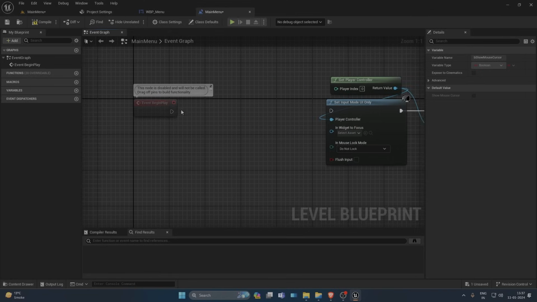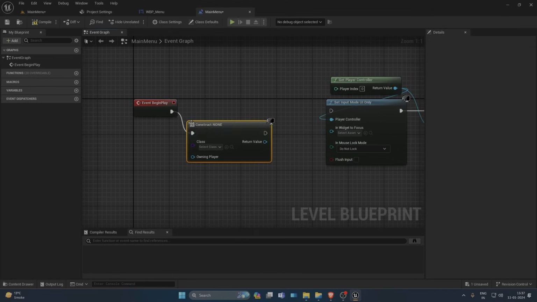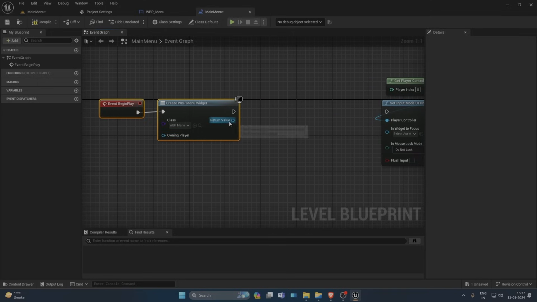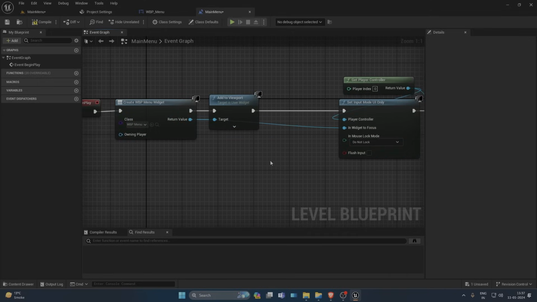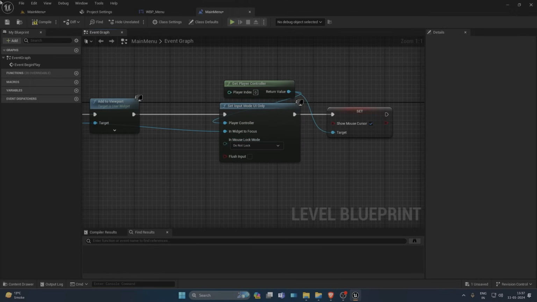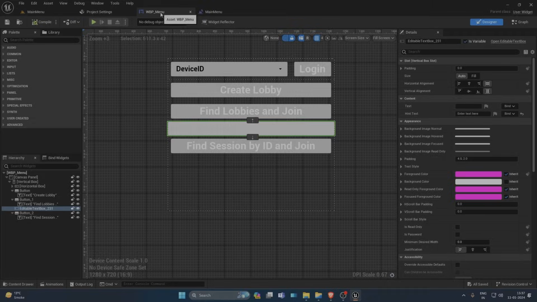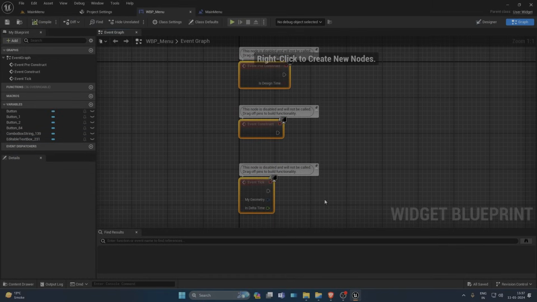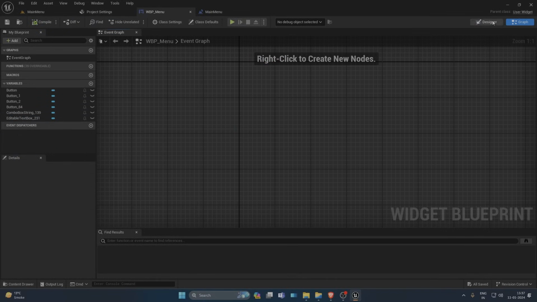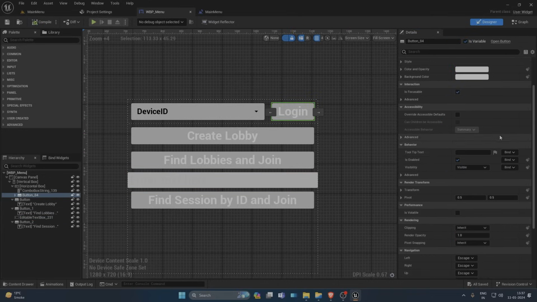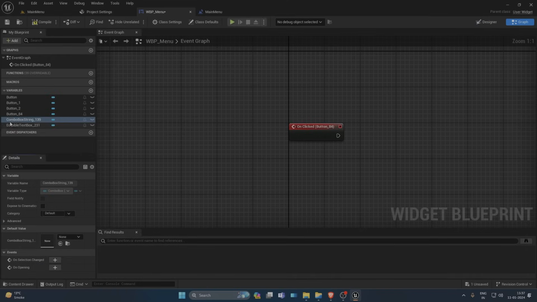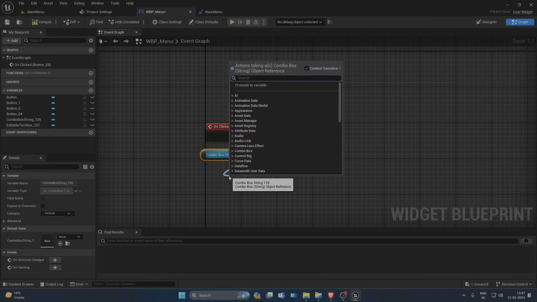One more thing we need to do is create a widget, which is this menu widget, and then after that, just add it to viewport and plug it in. Go back to the menu widget, and here let's clean up this widget a bit so we don't have any extra nodes. And let's go to the login thing and select this composite string,